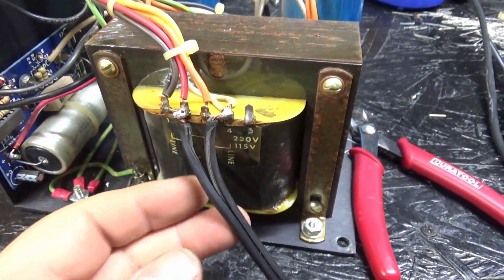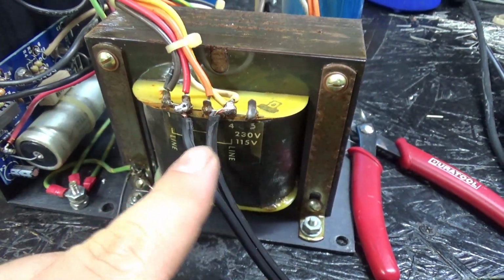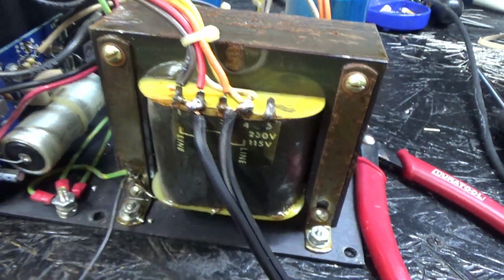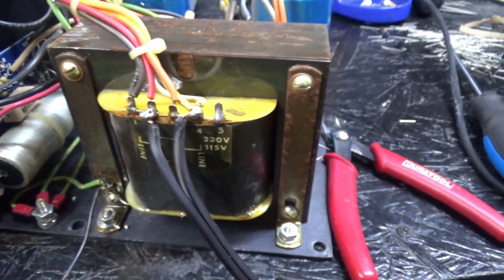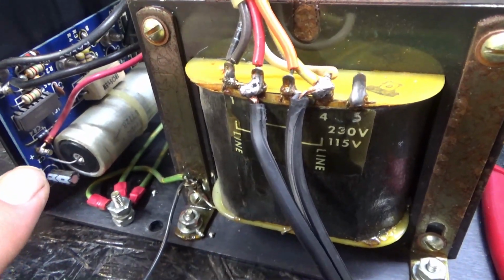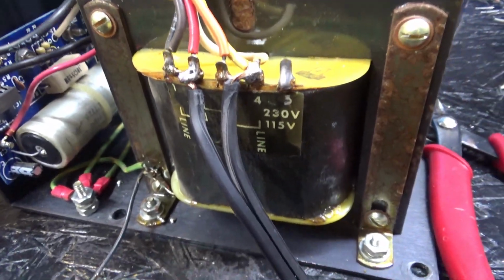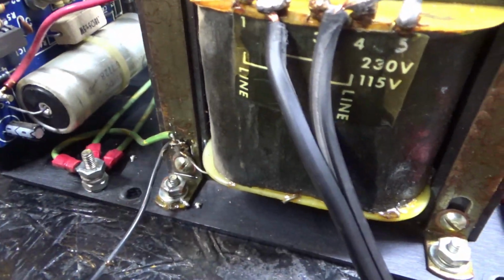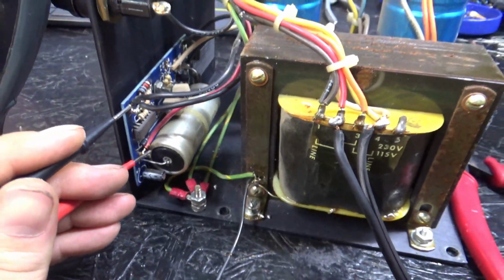Okay, I temporarily connected 120 volts to these two lugs, and that just bypasses all the plugs up front. And check it out. Kelly, can you bring that in? Oh, let me explain a little bit. You see this red wire? And you see this black wire? This is your 5 volts and ground. I'm trying to do this with one arm. There is our 5 volts, there's our ground, and